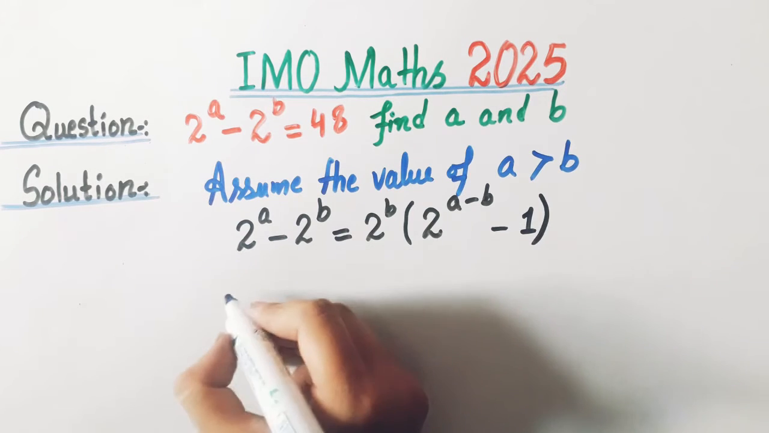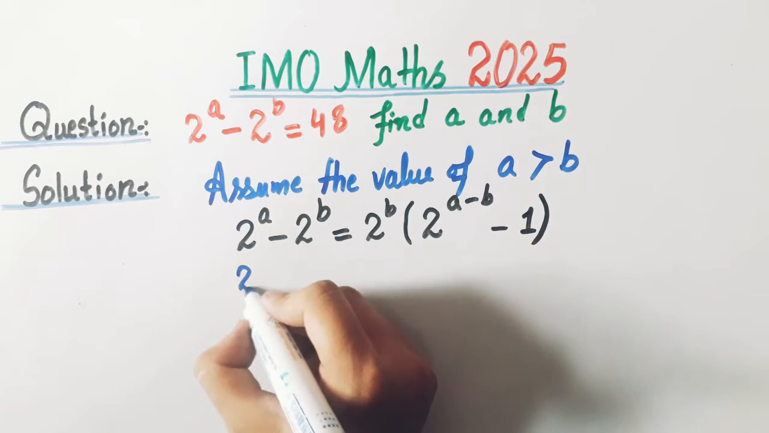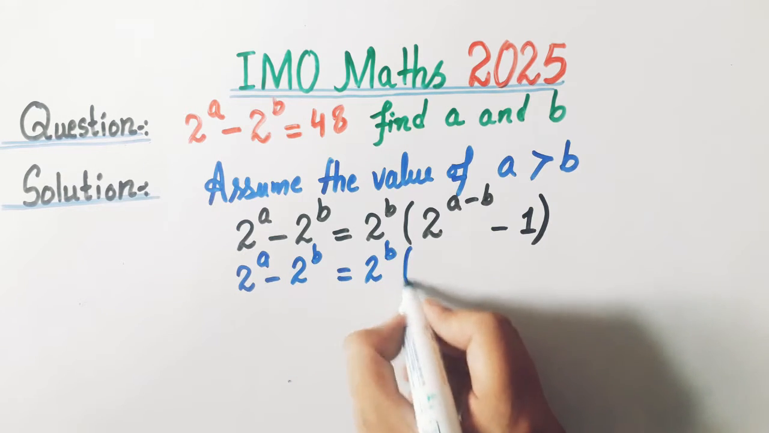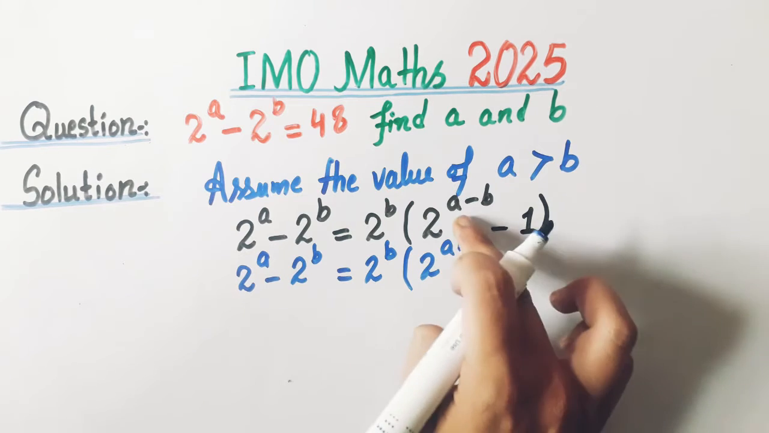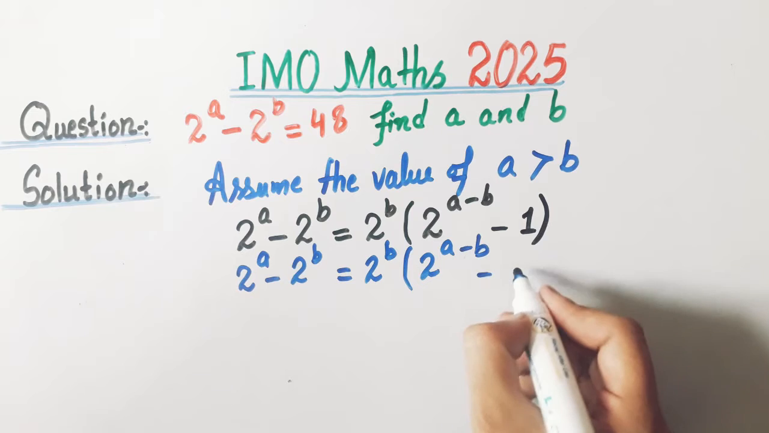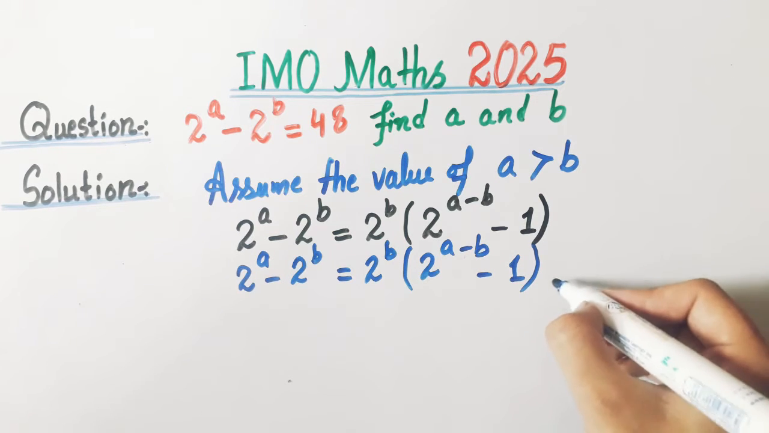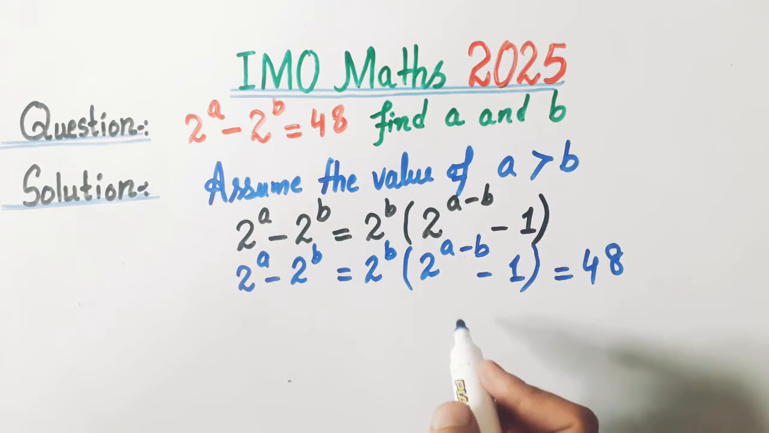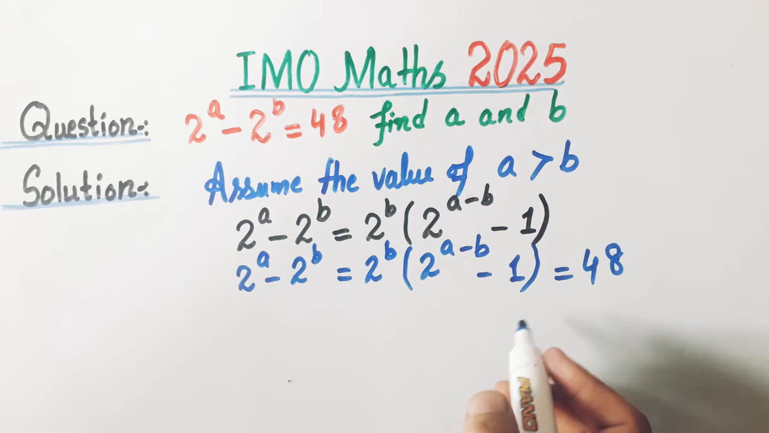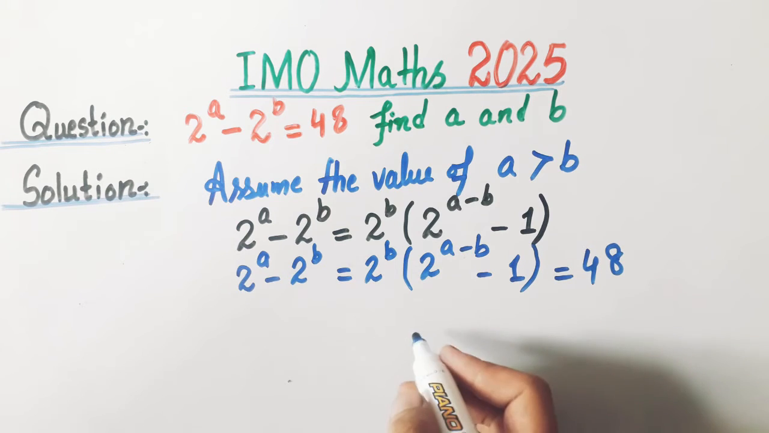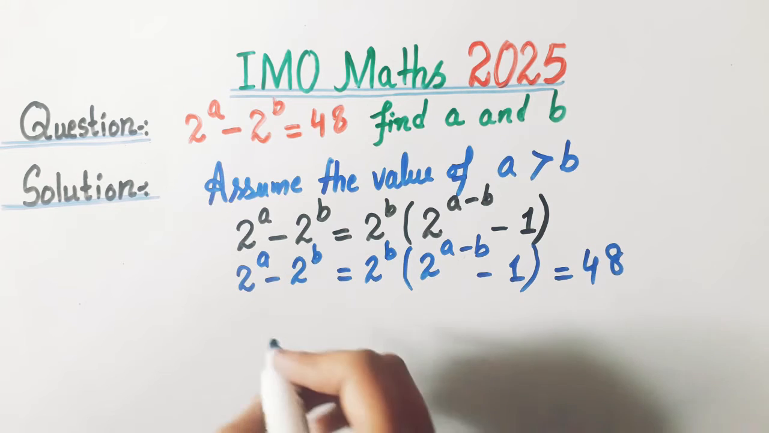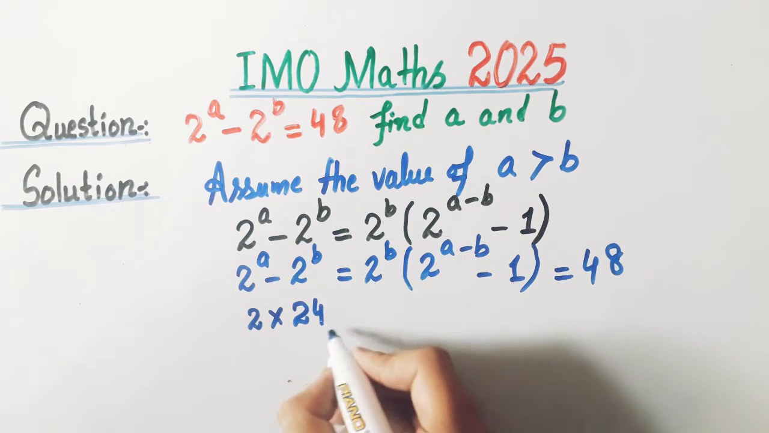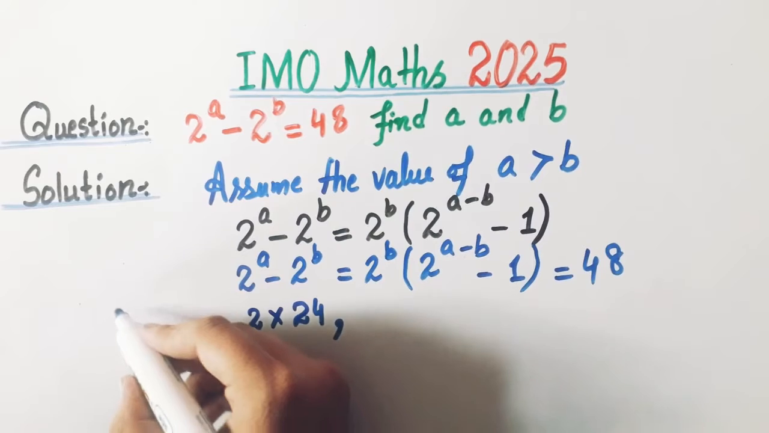So we can write the above equation as 2 raised to power a minus 2 raised to power b, that is equal to 2 to the power b into 2 raised to power a minus b minus 1, is equal to 48. So we can see that two numbers multiply to 48 where 1 is the power of 2. So let's try some factor pairs of 48, that are 2 multiply 24 and these are the factors of